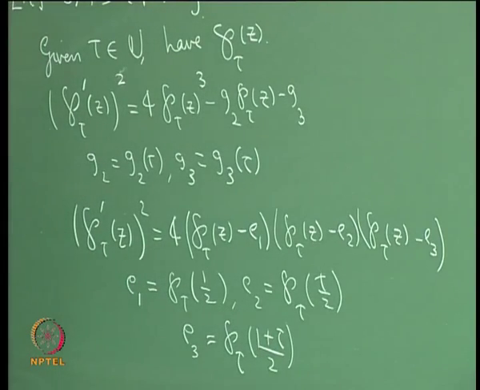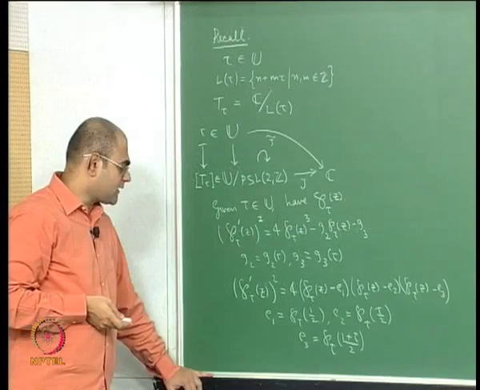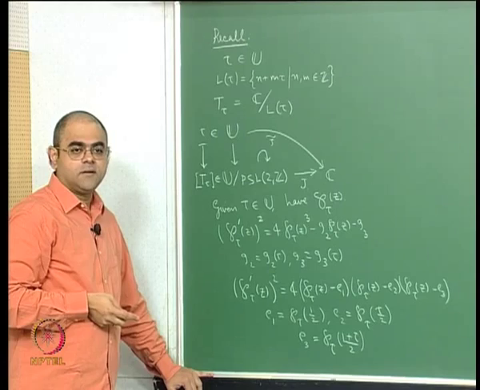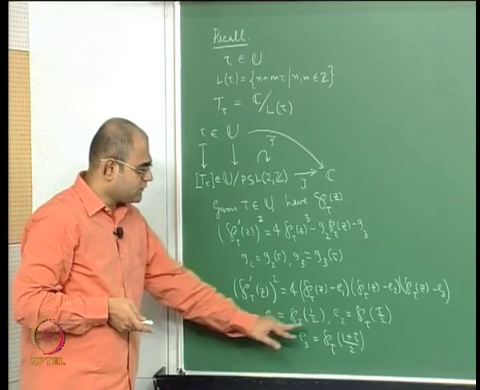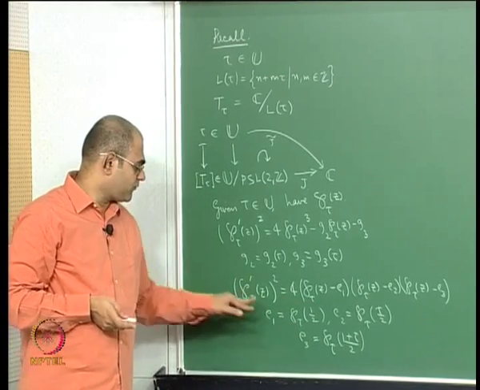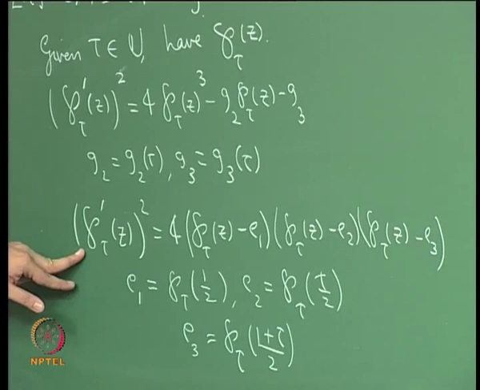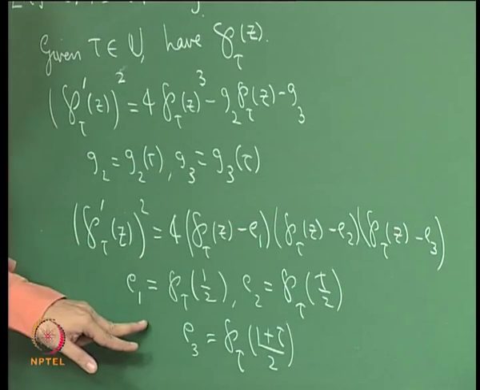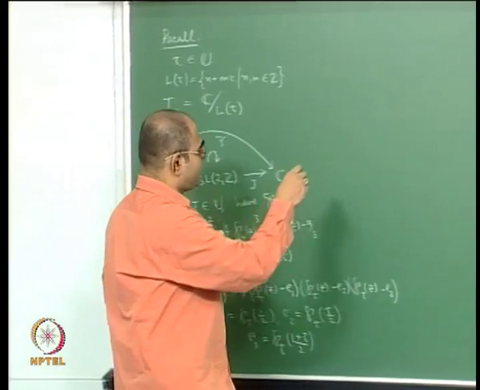So within the fundamental parallelogram which has vertices 0, 1, tau and 1 plus tau, these were the 3 zeros of phi prime, and we set E1, E2, E3 in this way,